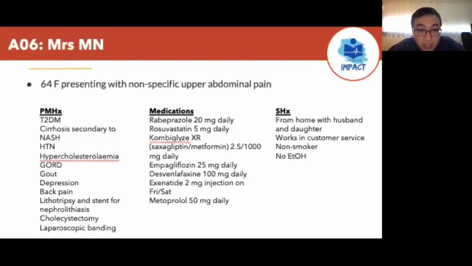Now, the patient has had laparoscopic gastric banding in the past. Does anyone know what gastric banding actually entails and what it's commonly used for? Like what the procedure is done for? Please. Yeah, so it's a bariatric procedure. It's actually a fairly outdated bariatric procedure where, I'll describe it in a little more detail later on, but basically they